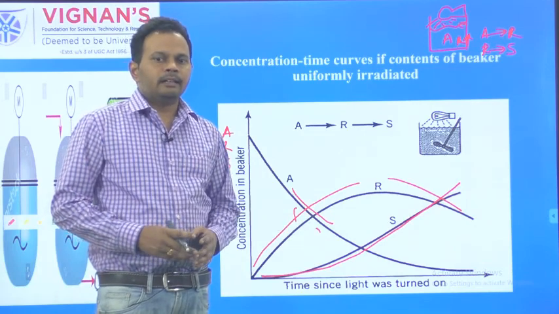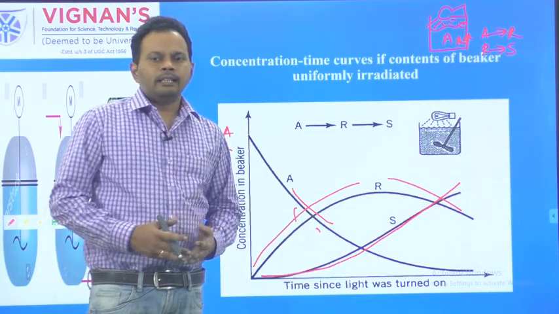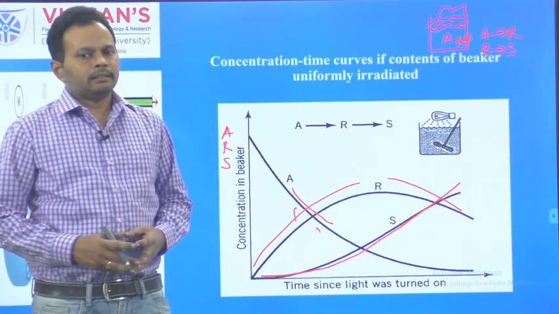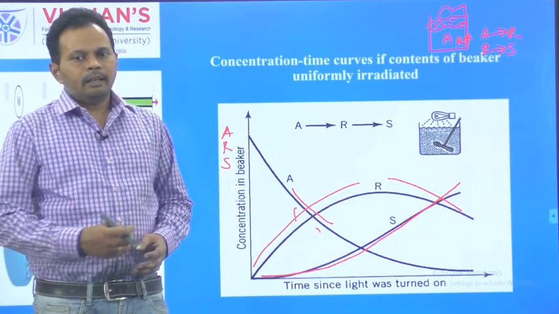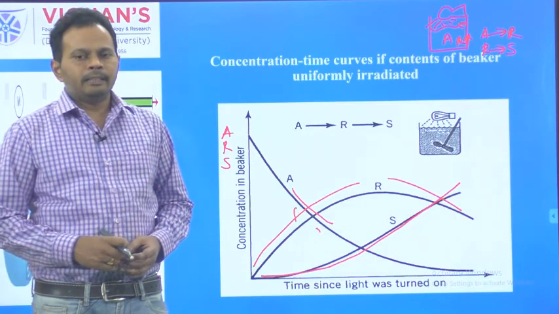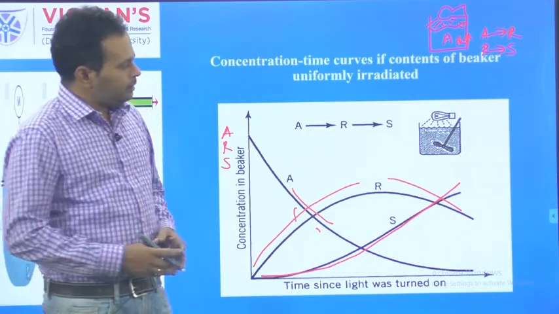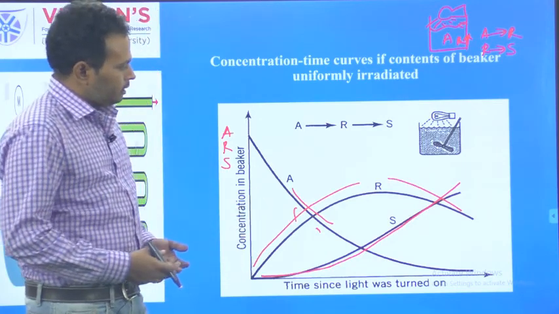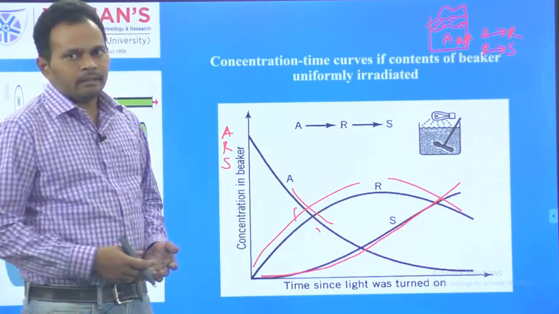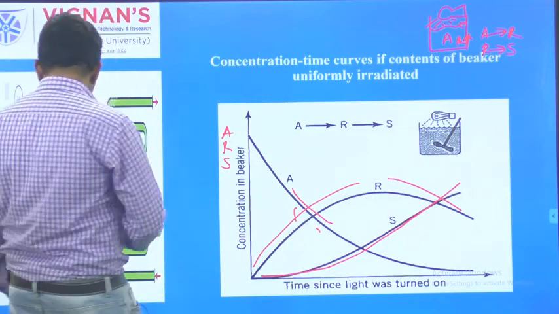But here initially the R concentration increases until the concentration of R is greater than the concentration of A. Whenever the concentration of R is greater than the concentration of A, R receives the light energy and immediately produces S. So this is one way of treating the beaker containing A. Here we can obtain both products R and S. So the other way is,